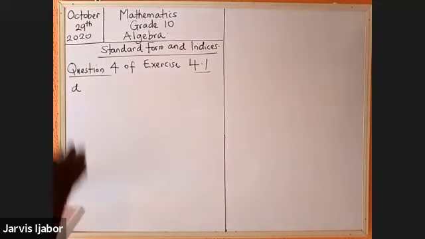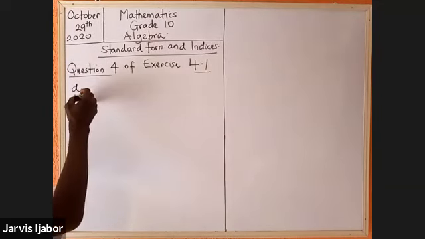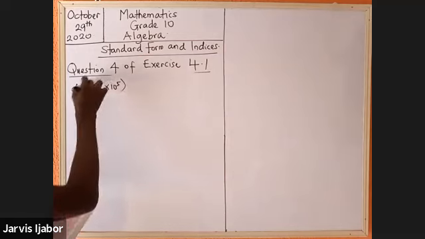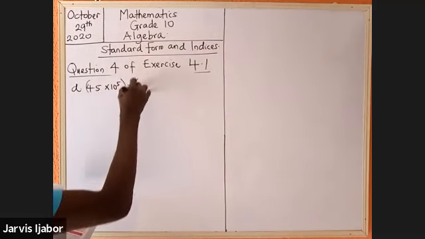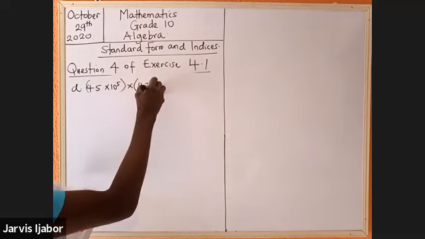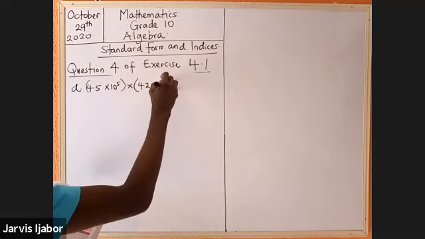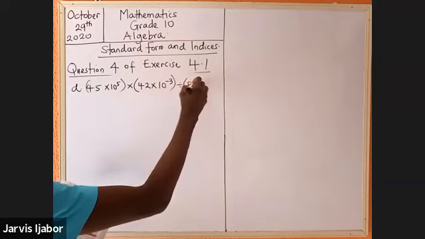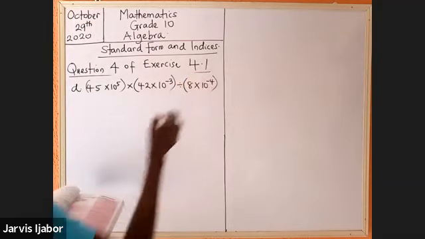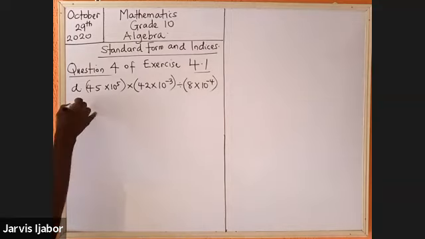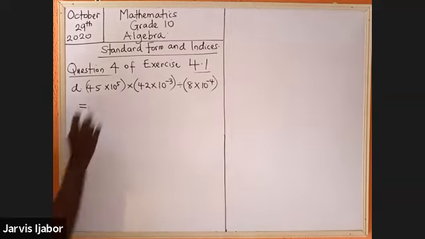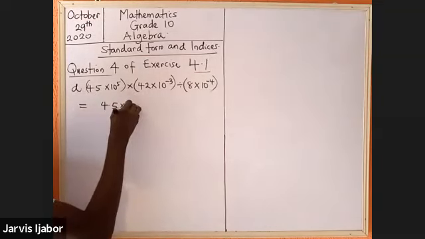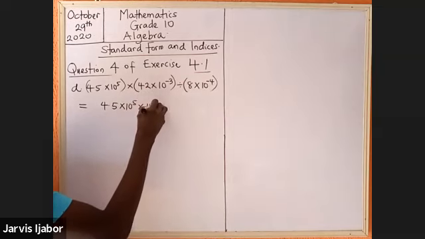Okay, we'll go to question D now, and it says 4.5 times 10 to the power of 5 times 4.2 times 10 to the power of -3 divided by 8 times 10 raised to the power of -4. All right. Now, the first thing you need to do is to put this in perspective. This times this divided by this will now be 4.5 times 10 raised to the power of 5 times 4.2